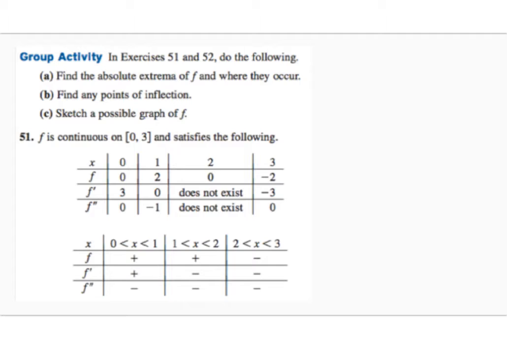Alright, we're going to start off with looking at some tables and talk about what they tell us about some graphs. Alright, we're trying to find some absolute extrema. So these are the highest points on all of our graphs, and let's just talk about that first. Okay, so absolute extrema we've got to be a little bit careful of. We've got to check endpoints because they might not show up as derivatives. And when I look at my endpoints for this graph,